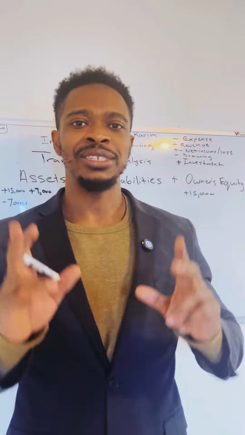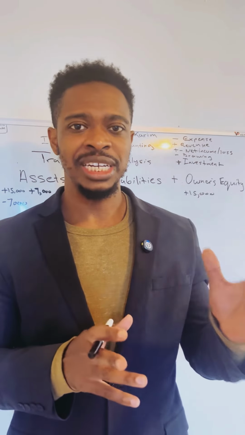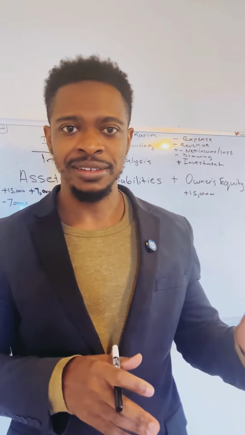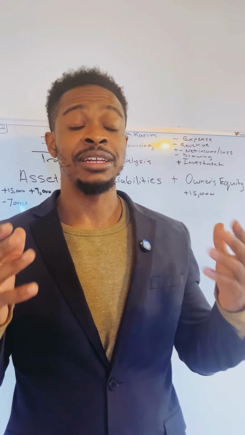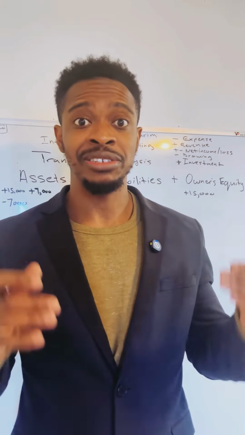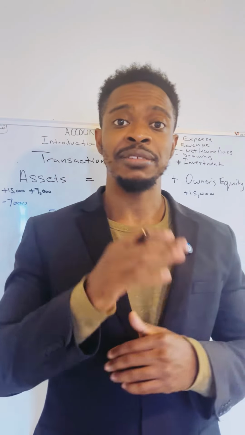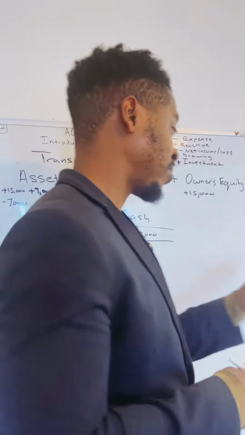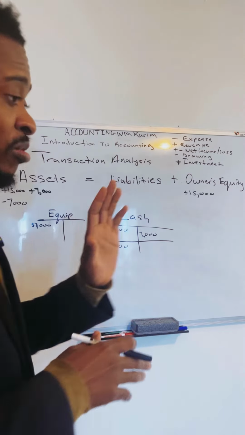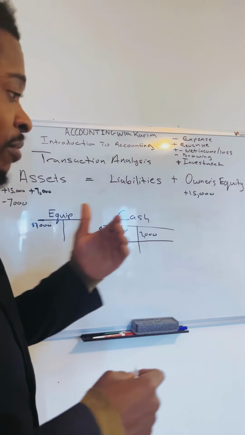Welcome to transaction number two. For transaction number two, on January 2nd, John, the owner of the sole proprietorship, purchased an equipment for $7,000. So, let's look at how this affects the accounting equation and also the accounts that are impacted. Okay, so on January 2nd, purchase of equipment for